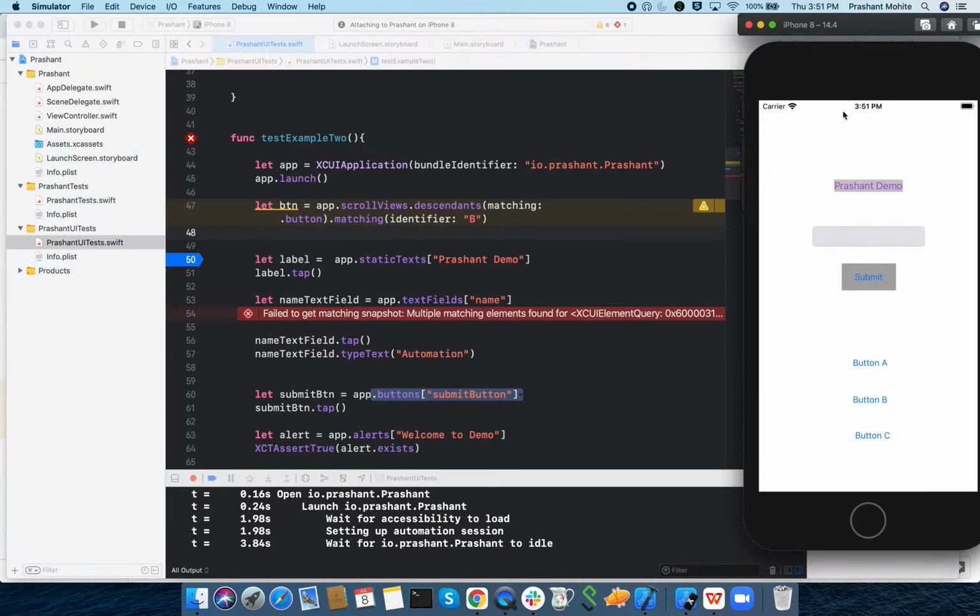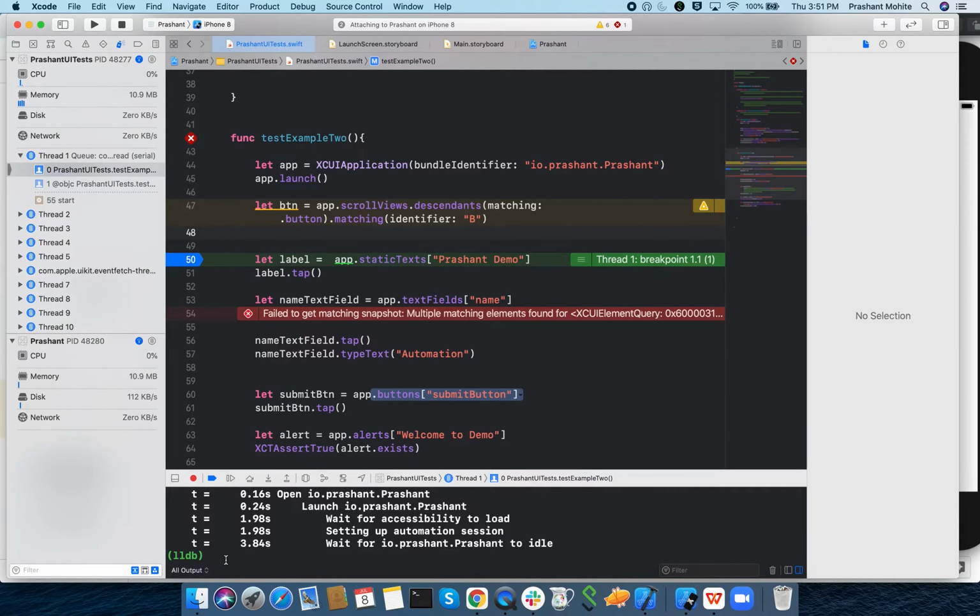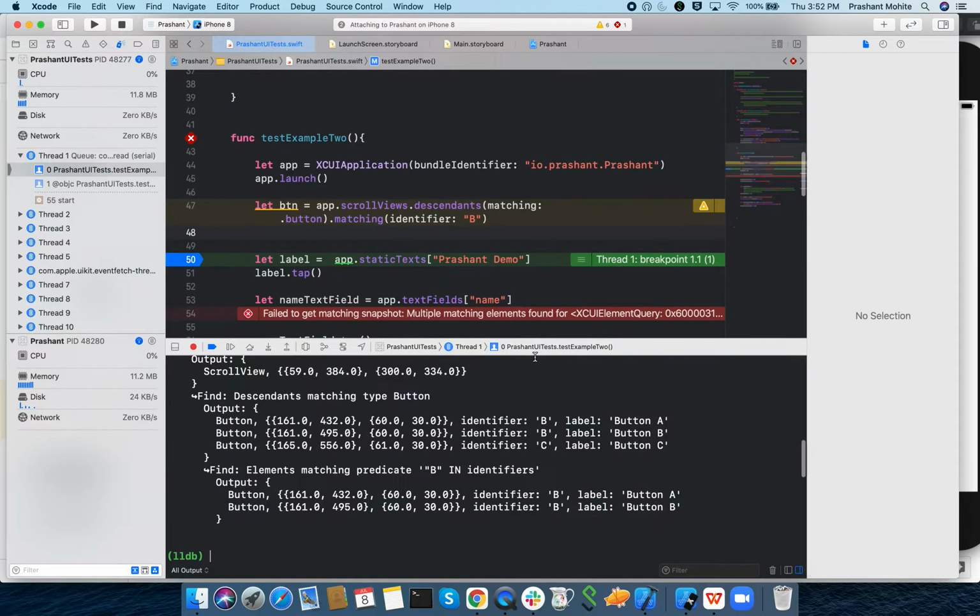The application is launched. Now if I say button, see, the query returns 2 buttons, because we have button A and button B which have the same identifier B. Button A and button B are the names, and both have the same identifier, matching predicate B.